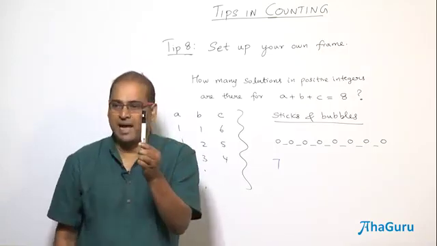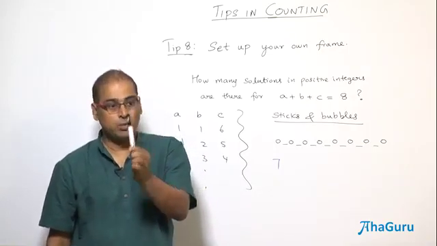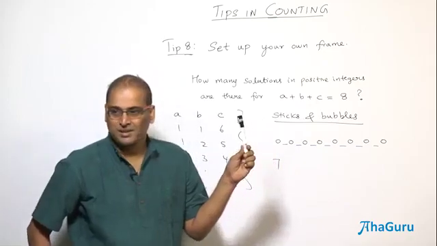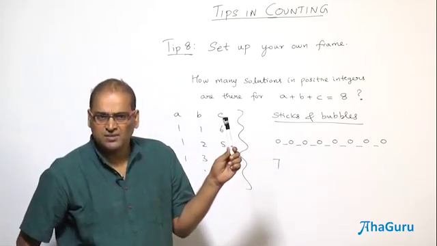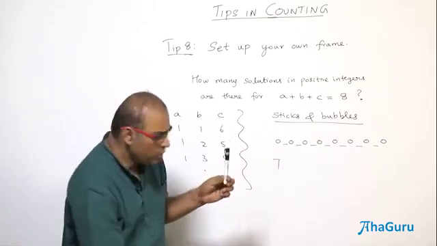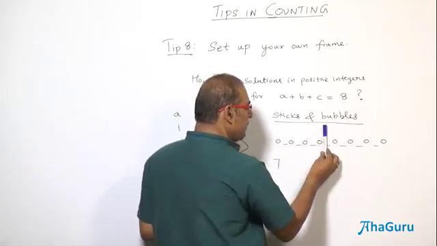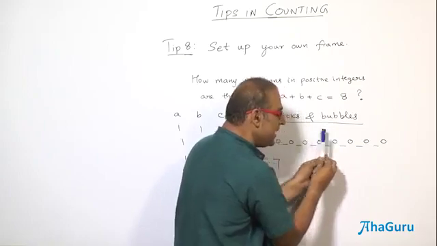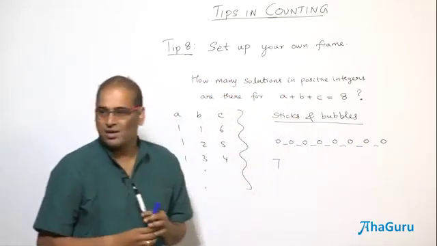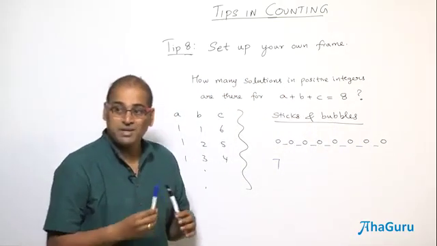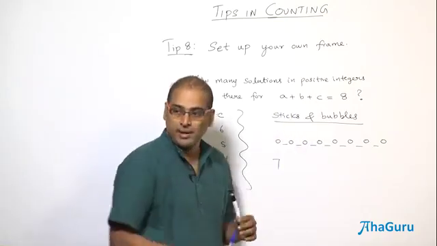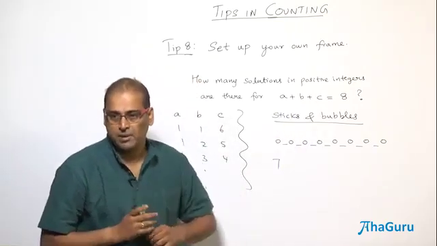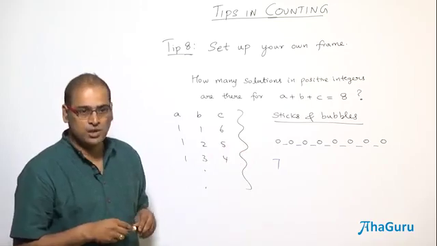Then I am going to take the black pen now. I want to place the black pen. How many choices? 6 or 7? It won't be 7 because if I place it here, I can't place the same thing here. Then I will have 4, 0, 4. It's not a positive integer. So wherever I place the blue pen, I should not place the black pen in the same gap. So I have only 6 choices for the black.